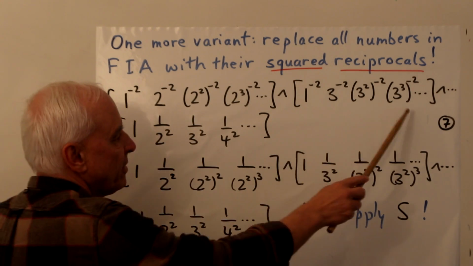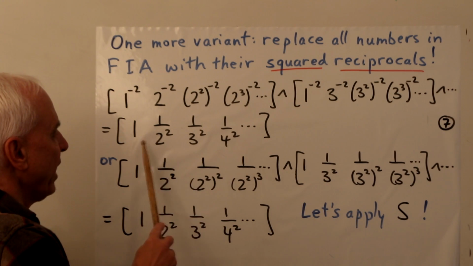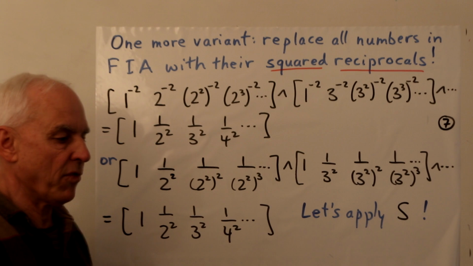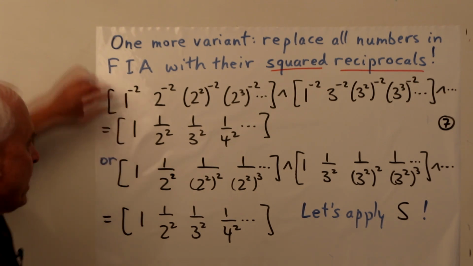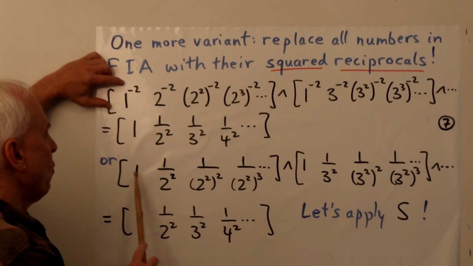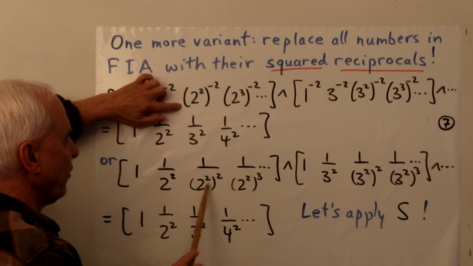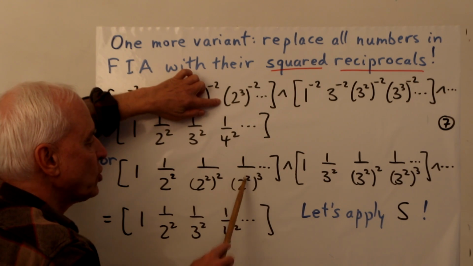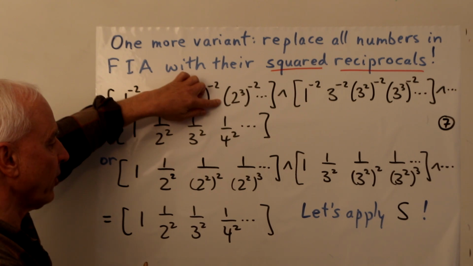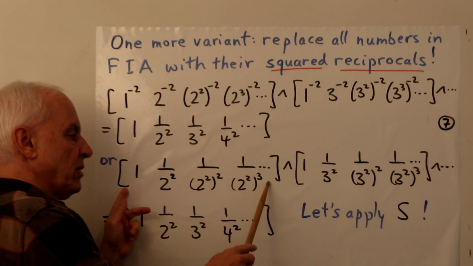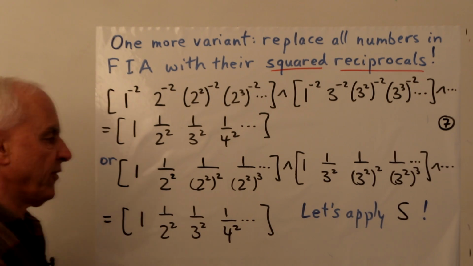And same thing with the box of powers of 3, etc. And on the right-hand side, we're getting the box consisting of all the squared reciprocals of the natural numbers. Now this first box here, we can write it as 1. This one here is 1 over 2 squared. This one is 1 over 2 squared squared. This one is 1 over 2 squared cubed. We do the same thing as before, always interchange the order of the powers, okay? That makes this also into a geometric series. Same thing with this one and also with the next one, etc.